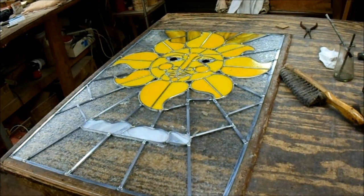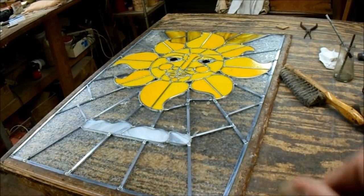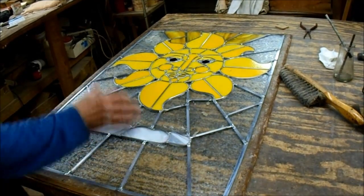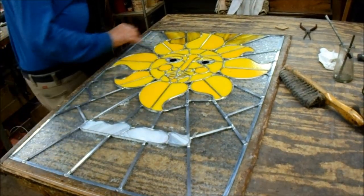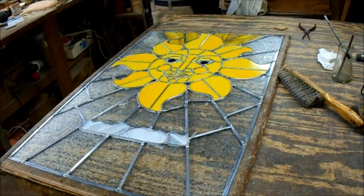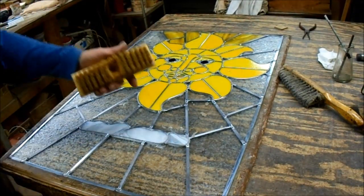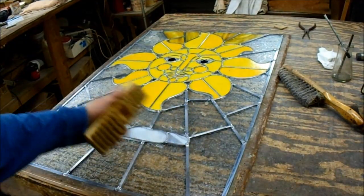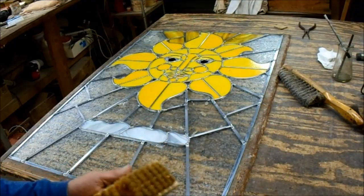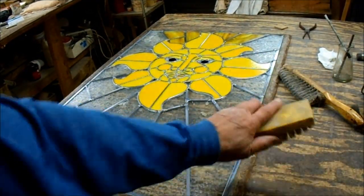Okay, or your lead. I mean, I'm going to be going over it after I've glazed it, and I'm using brushes to scrub with the plaster of Paris or the whiting to clean everything off, get all the excess grease and everything off. But that's another form of cross-contamination. Okay, I don't use my table brushes to polish the lead after I've glazed the window. I use a specific brush, okay? And I don't use this as a table brush. That's another way of